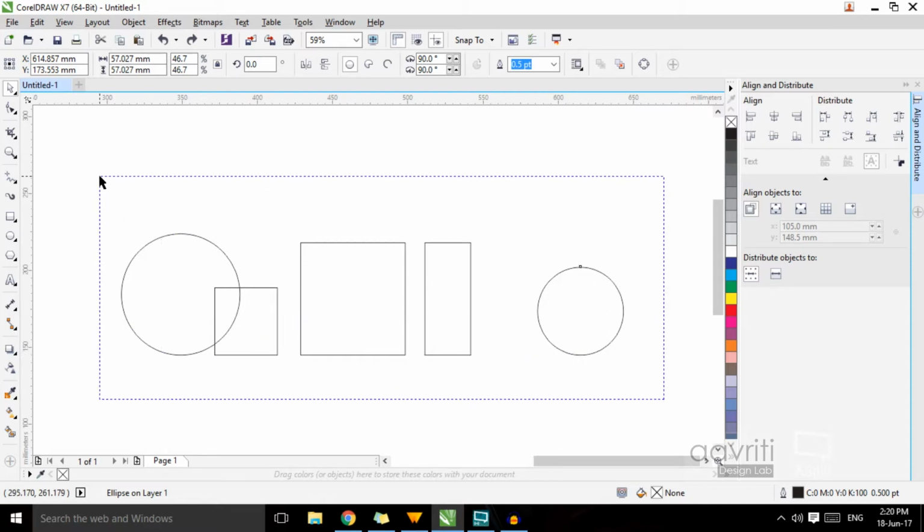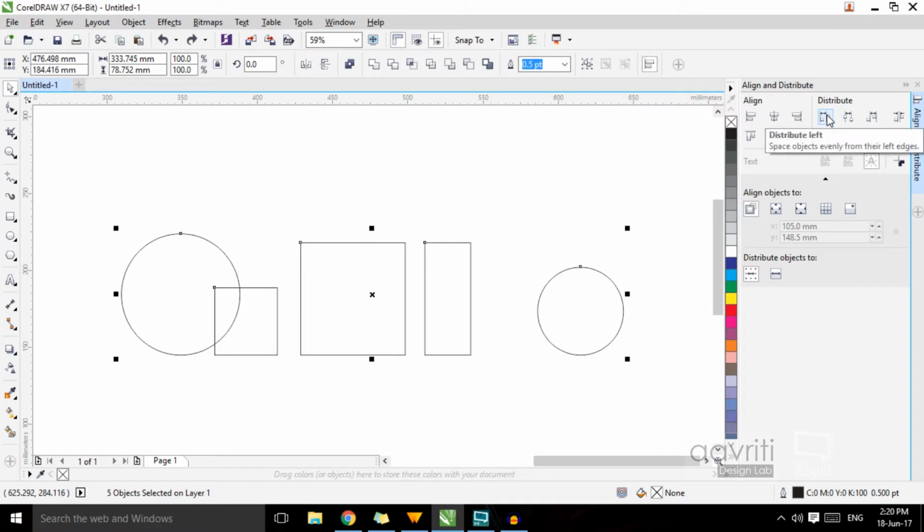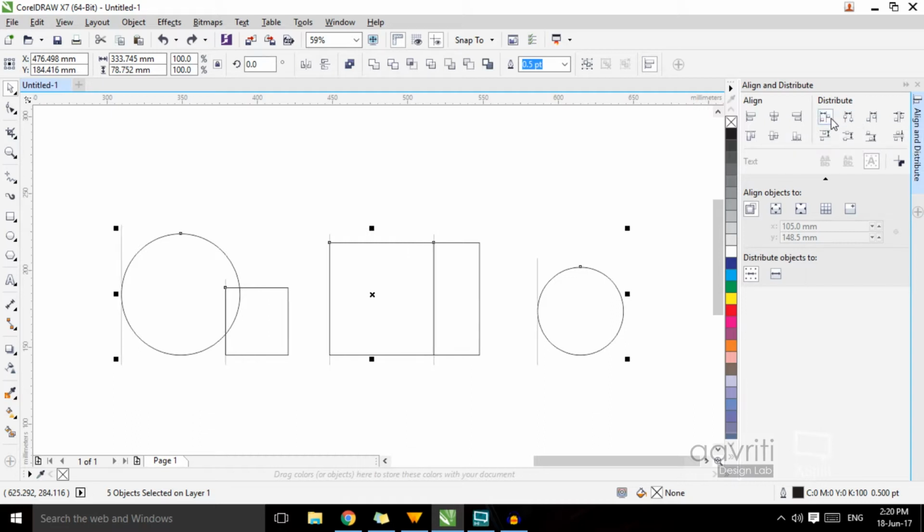Now, what CorelDRAW does, if I click on the first option here, it says distribute left. That means CorelDRAW is gonna consider the left edge of all these objects, and based on that, it's gonna distribute all the objects. I'll just click on it and then show you. See, it is also showing us a demarcation. Left edges of all the objects are distributed evenly. So basically, the distance between this and this is equal to the distance between this and this, and this and this, and this and this. All right. So that is left edge distribution. I'll say Control Z,